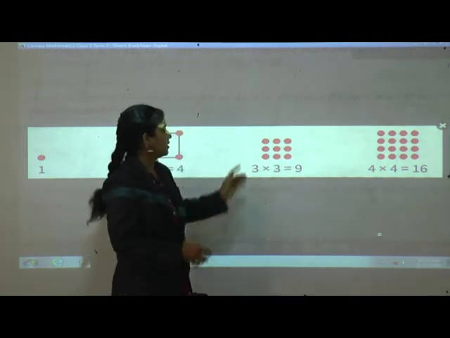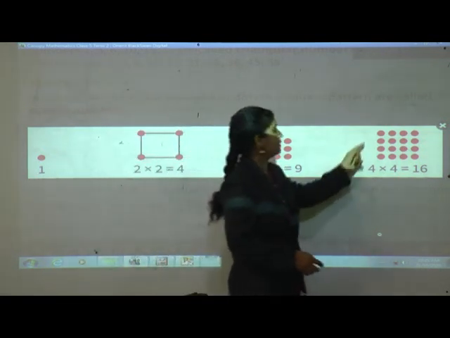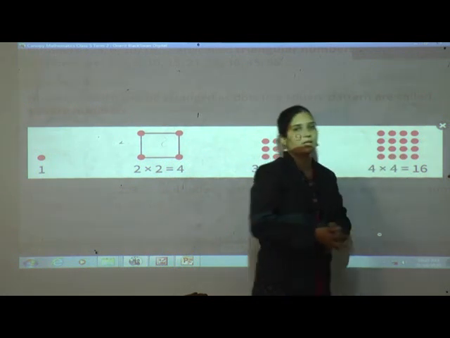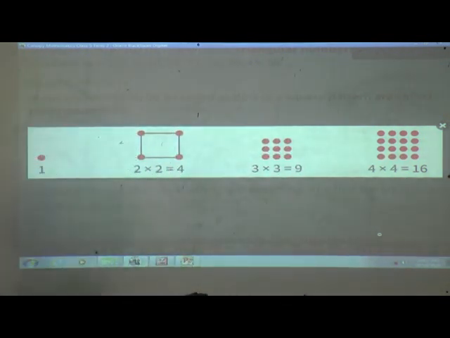Here 3 multiplied by 3, 9. It looks like a square pattern. Even here, 4 multiplied by 4, 16, it looks like a square pattern. Okay, now